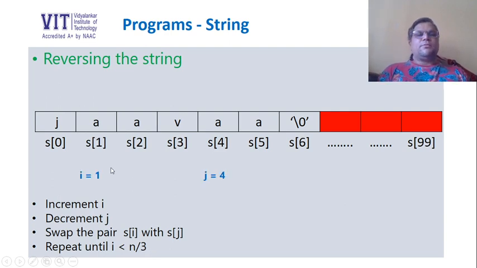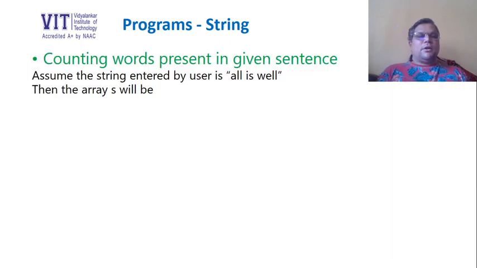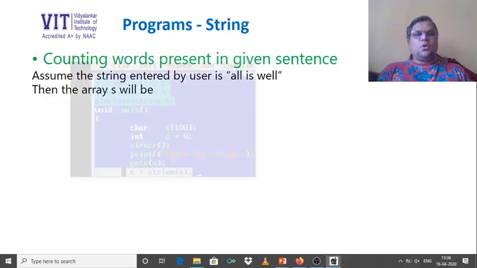The second pair that we will swap will be like this. After incrementation I will be 1, after decrementation J will be 4, and they will be pointing to these elements, and we are swapping this pair, right? The next pair that we will swap will be this pair, this with this. So this string consists of 6 characters, so it will consist of 3 pairs, that is 6 by 2. Do not take this as a 3, but consider 6 by 2 or n by 2, and this will reverse the string. Let us check this also through our program.